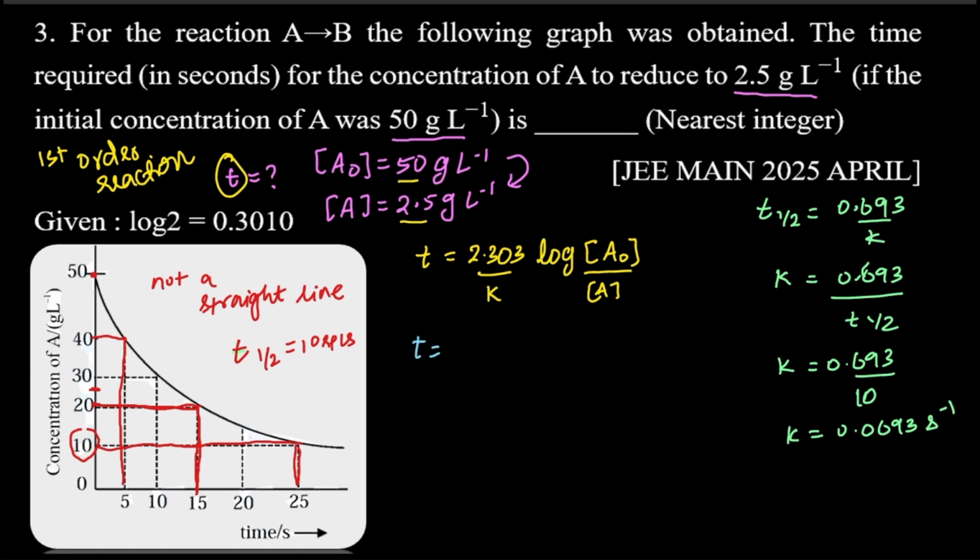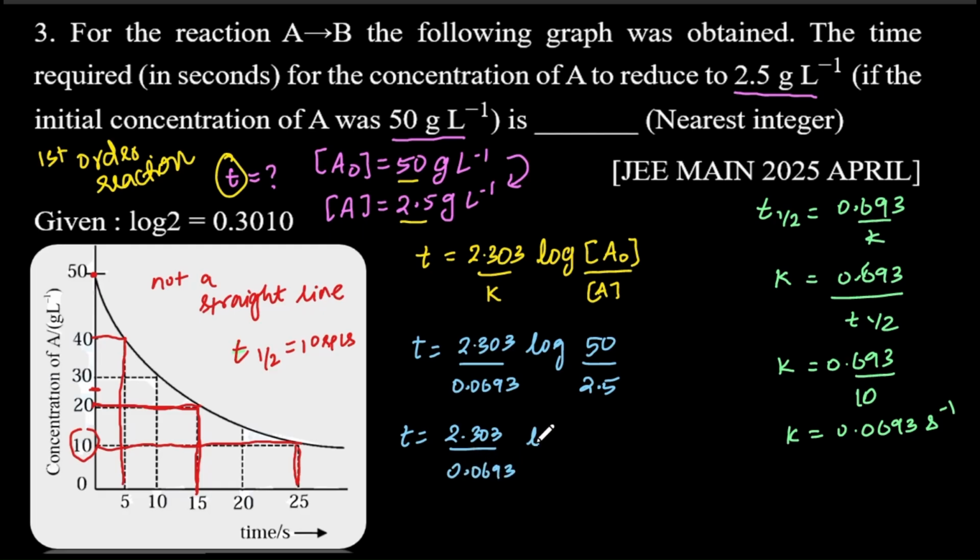T is equal to 2.303 divided by 0.0693 log of 50 divided by 2.5. So T is equal to 2.303 divided by 0.0693 log of 50 by 2.5, which is 500 by 25. So the answer is 500 by 25 is 20. So when you solve this, you will get